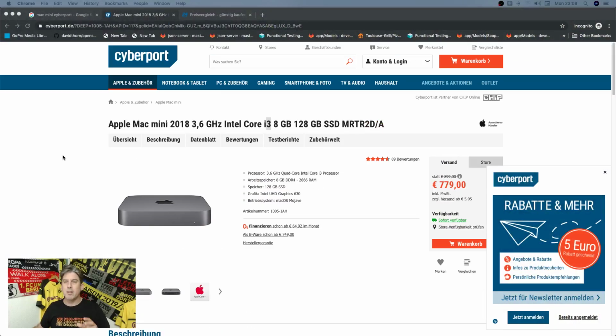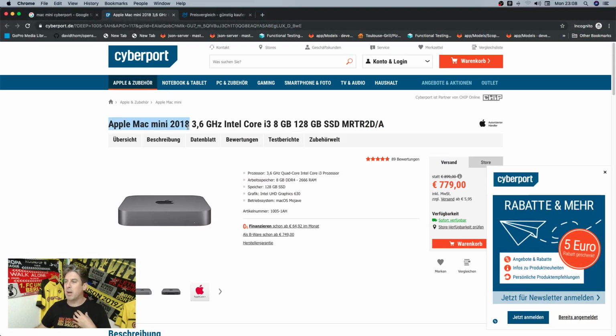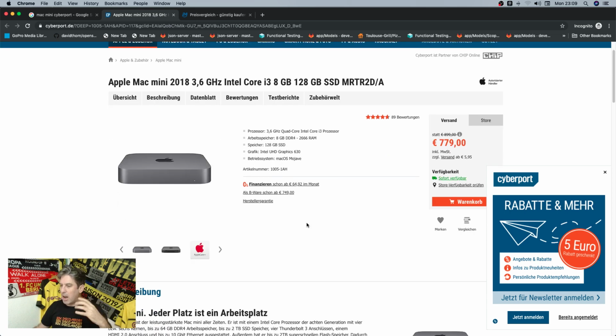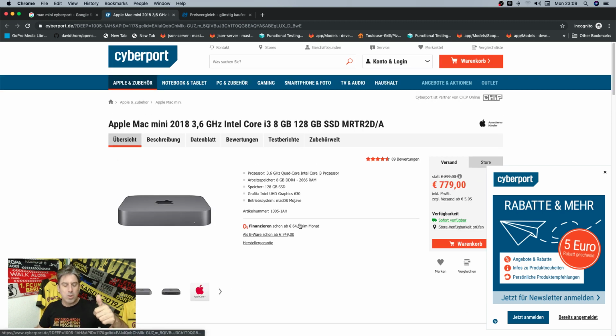Now, if you're going to be buying in Germany, and you're going to be buying an Apple Mac Mini, then this is the one that you want to be buying, in my opinion. An Apple Mac Mini 2018, 3.6 gigahertz, Intel Core i3, 8 gigabytes, 128 gigabytes SSD. This is more than enough, and you're going to get it for less than 800 euros. If we're talking about pounds as well, it's going to be pretty much 800 pounds, and under 1,000 euros you can get